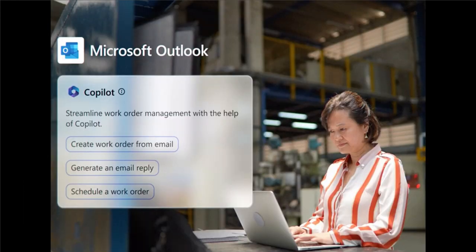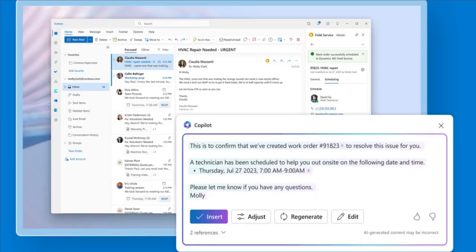And next, Dynamics 365 Field Service. In Dynamics 365 Field Service, you now have Copilot features to help create a work order from an email in Outlook and to generate a work order summary in the app. This helps you streamline your processes and generate work orders quicker. It's not possible to get Copilot features for Field Service within the Field Service trial. So here I'm just demoing some content provided by Microsoft.